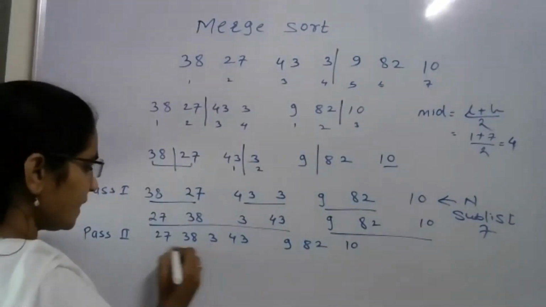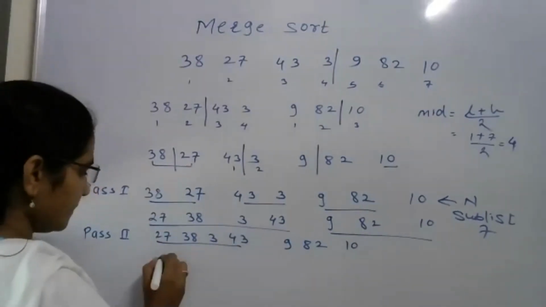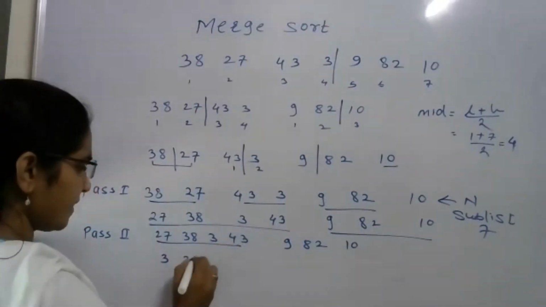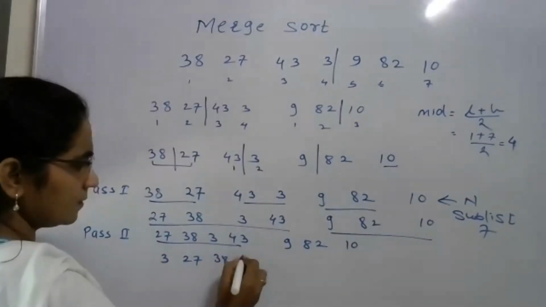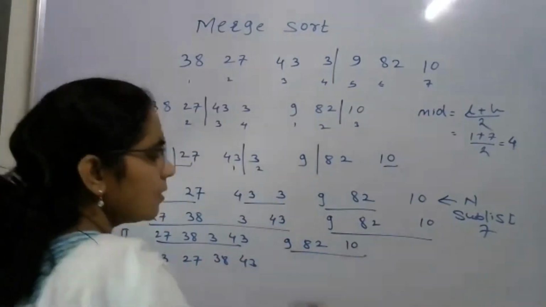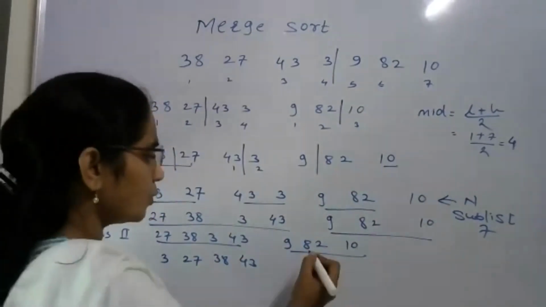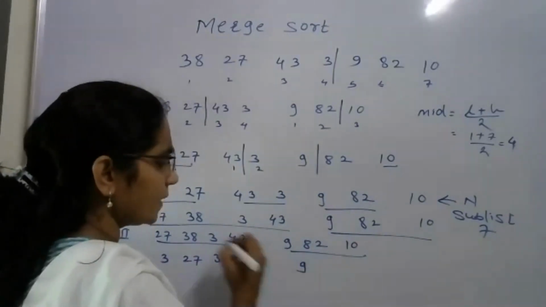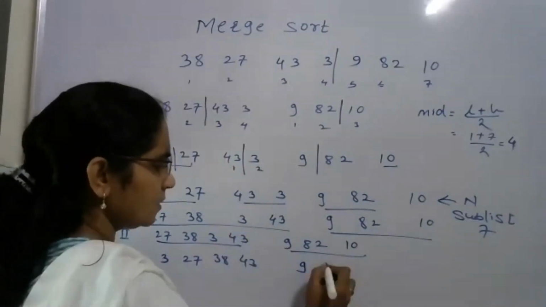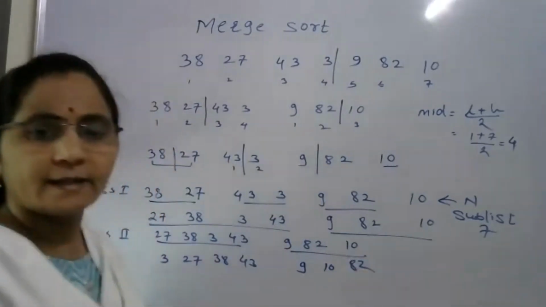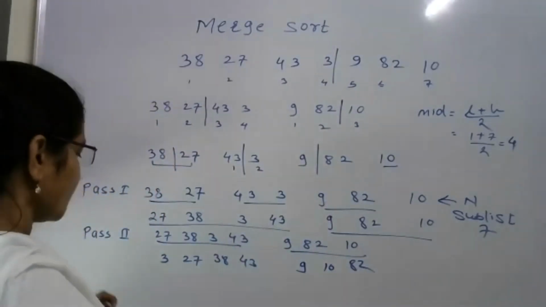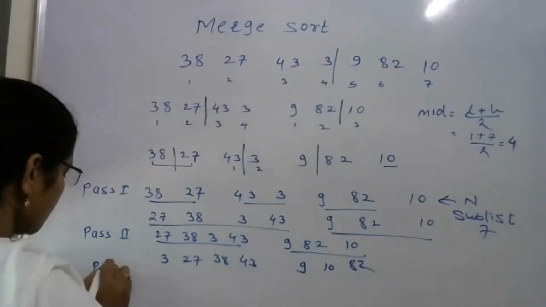So which is the least element? In the first list, 3, then 27, then 38, then 43. Again, for the second sublist, you have to sort the elements in ascending order: 9, then 10, and then 82. Okay. Now, at pass 3, you have